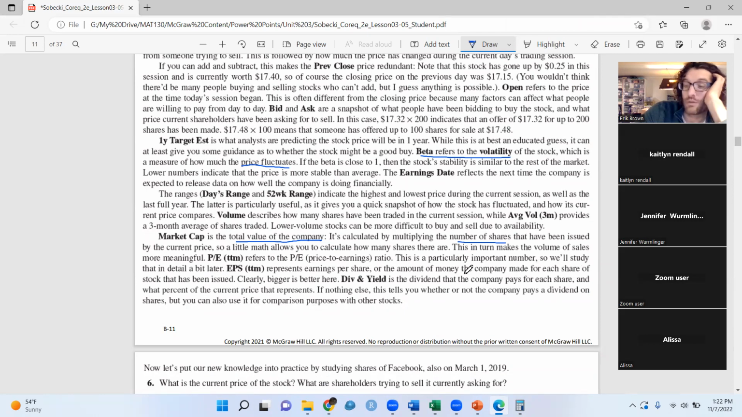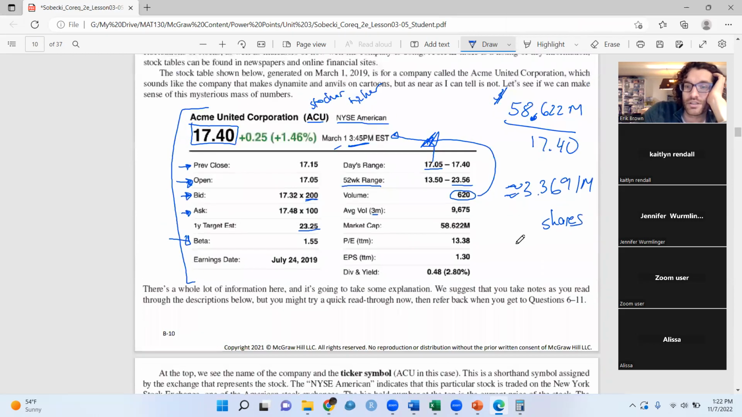So it's not what you receive, it's what the company has made for each share of stock that's been issued. If you think about what happens, the company issues the stock, people buy it, and so the company gets the money for that stock, and they use that to make themselves more profitable, to buy more product, to build factories, to do whatever. So this company was making $1.30 off of each share that they sold. So if you take the 3.369 million, 91 million shares and multiply it by this, you'd get how much profit they made